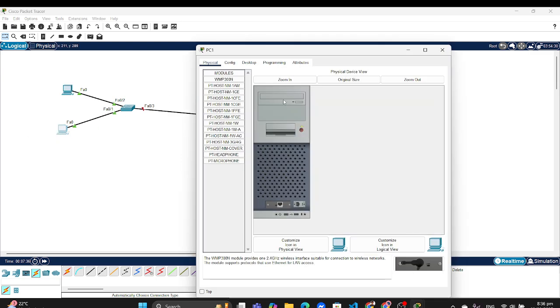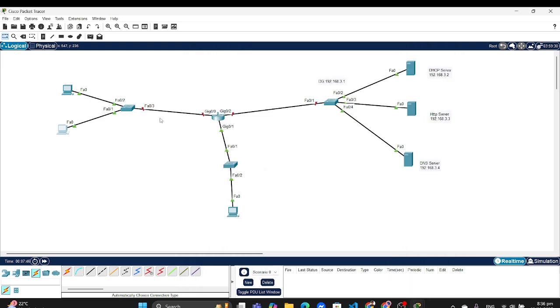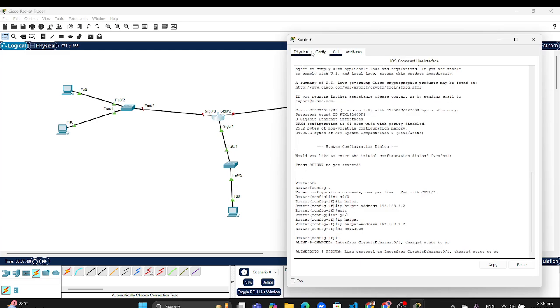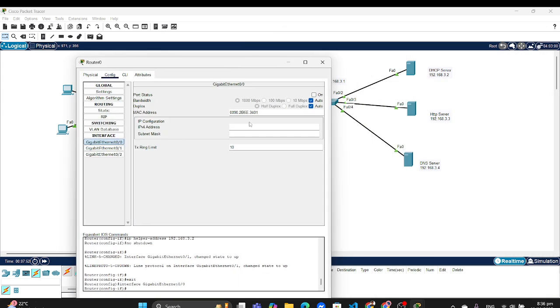Failing again, and it's again failed. I think I have not... Wait, I think we have not configured your IP address. Sorry, the gig IP address. You need to give the IP address over here,